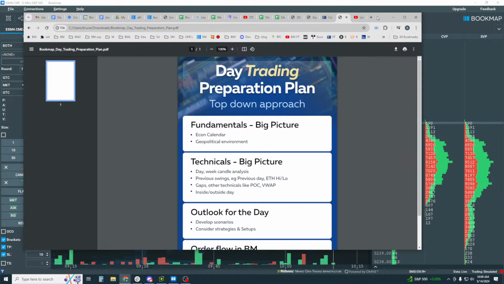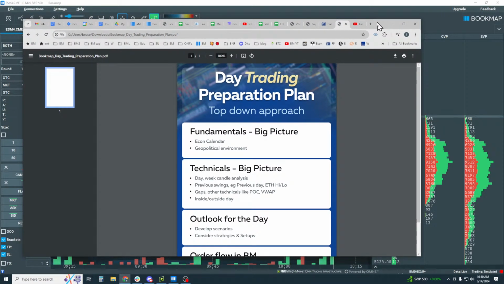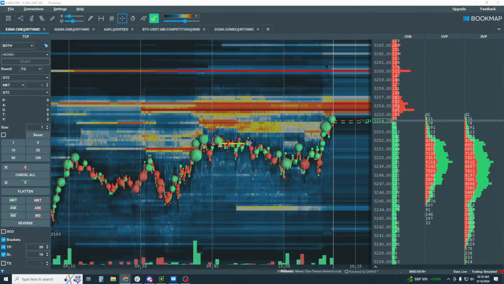And if we don't feel comfortable about trading in that environment, then don't. Okay, it's all about edge. That's why we're going through this fundamental big picture. If there's no edge, well, then why would you want to trade? So we really need to see something. I don't know if you're going to be listening to Powell speaking. If so, then that might give you an edge, right? We are not in here, but